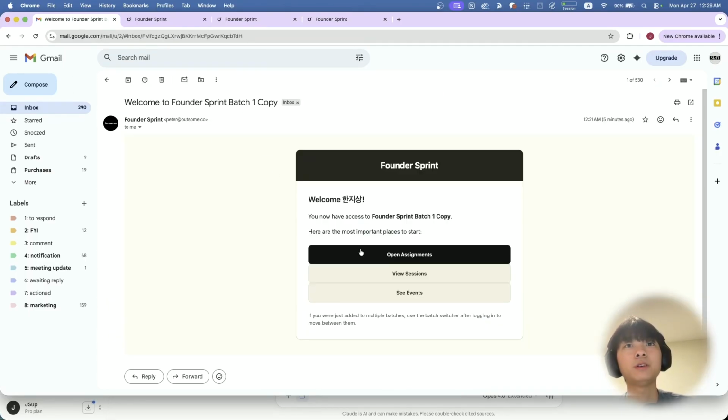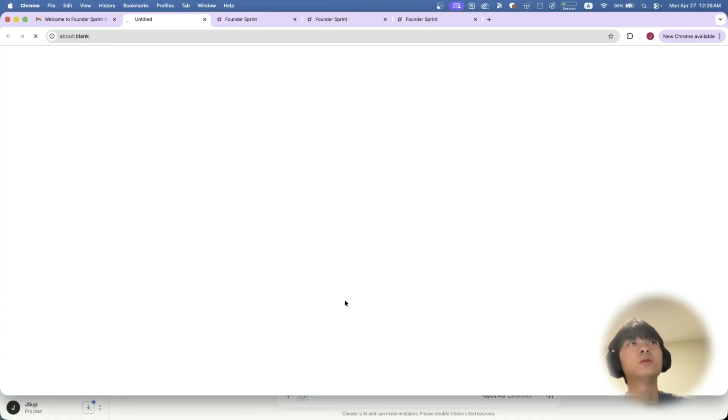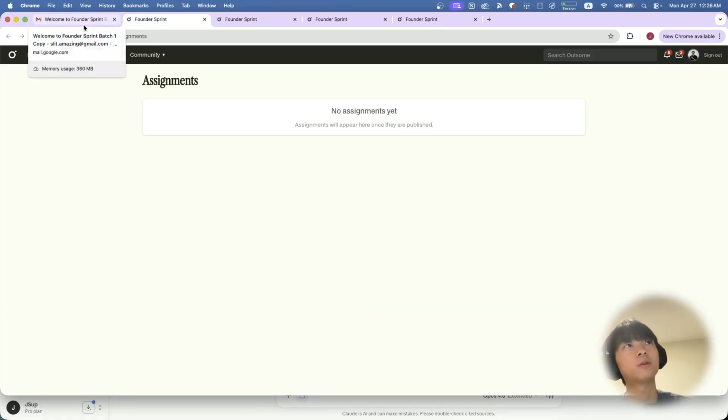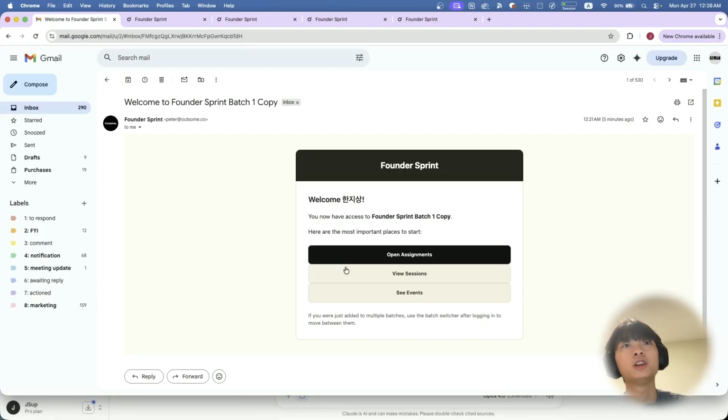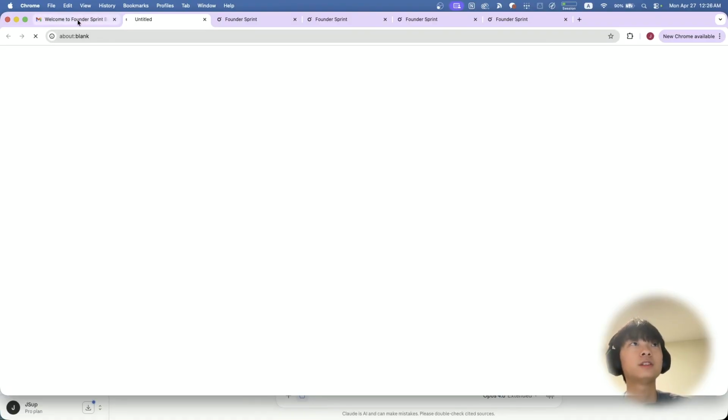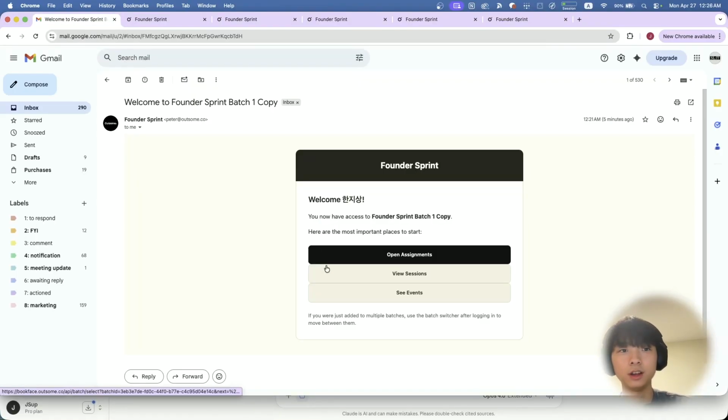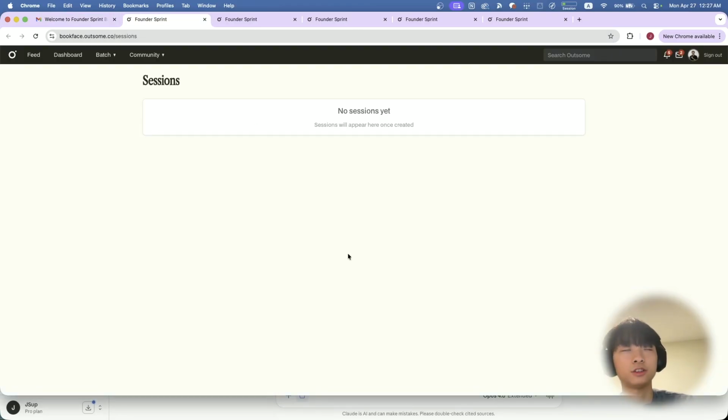batch copy, which shows assignments, sessions, and events, which you can go into directly to see the opening assignments. Currently, there are no assignments from the copied batch, so there are sessions and events. Normally, if you clone the structure from the batch, you'll get the assignments, sessions, and events, and you can directly go in and check what sessions there are and what they